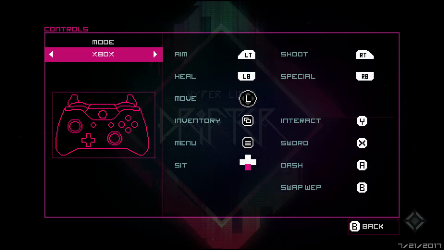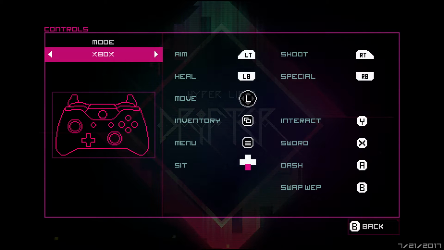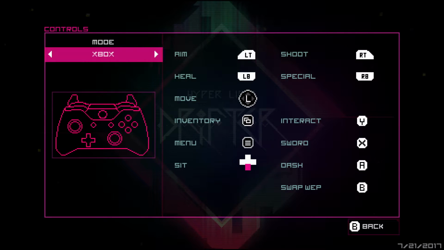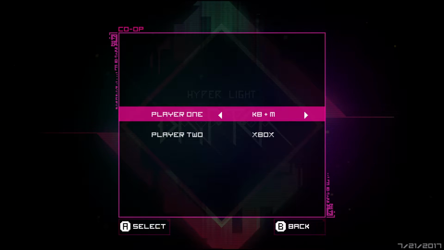Controls wise, let's see, we have a left trigger and a right trigger for aiming and shooting. Left to aim, right to shoot. Left bump heals, right bump specials, left stick moves, back for inventory, pause for menu. You can sit down with the D-pad down. You interact with Y, you attack with a sword, you dash with A, and then you swap weapons with B. Okay, and apparently this game does have a keyboard